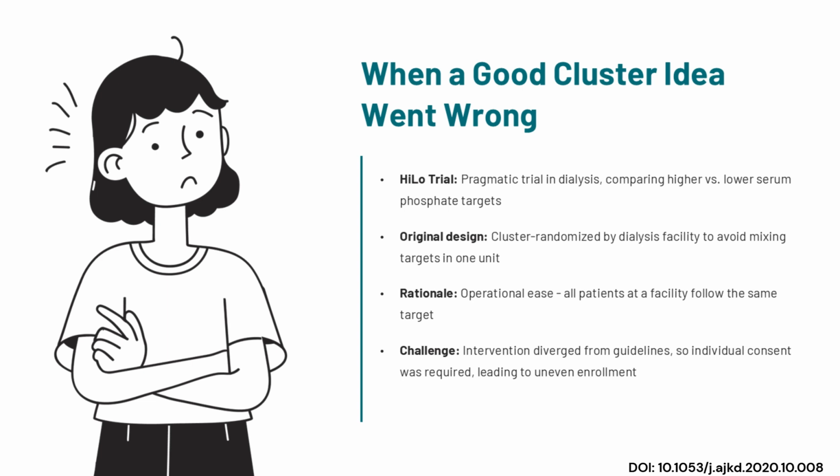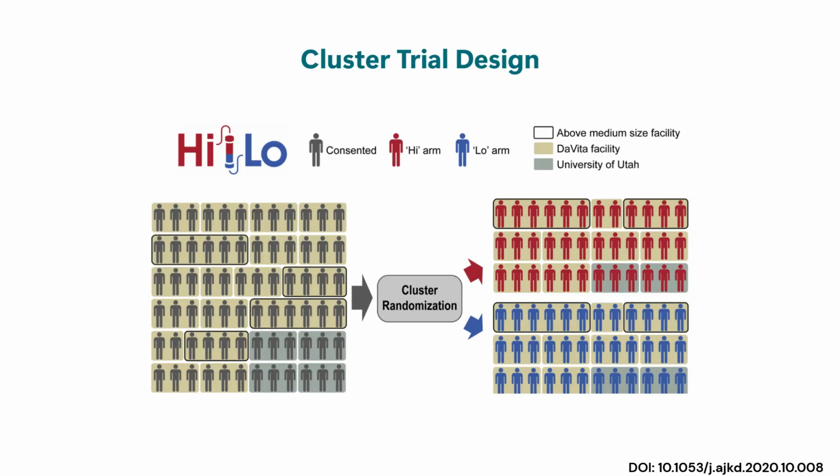This trial addressed the clinical question: what is the optimal blood phosphate target for individuals on hemodialysis? Should we aim for a higher or lower phosphate level for better outcomes? Being a pragmatic trial, High-Low was set in routine dialysis clinic practice. The trial team initially chose a cluster randomization design, with approximately 80 to 120 dialysis facilities serving as the unit